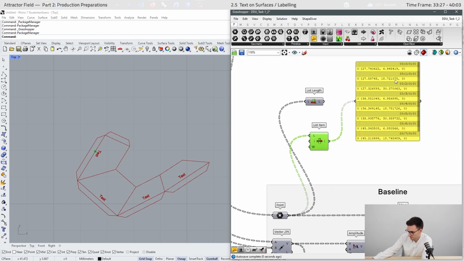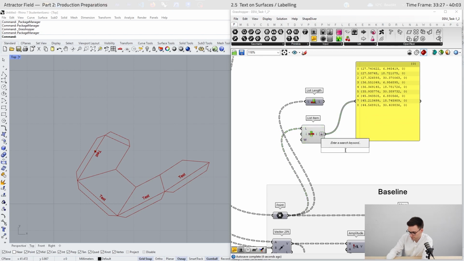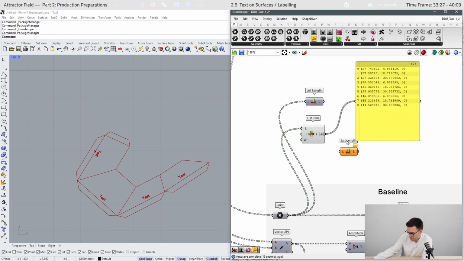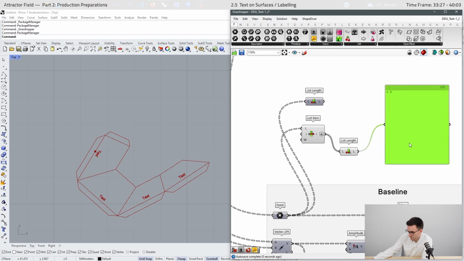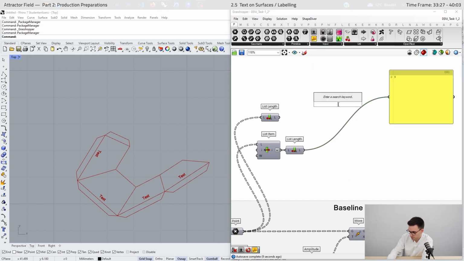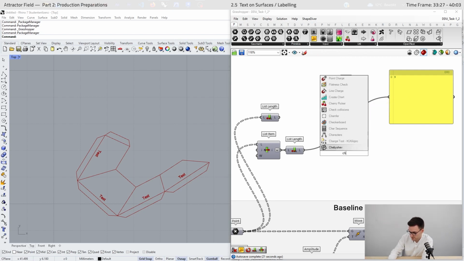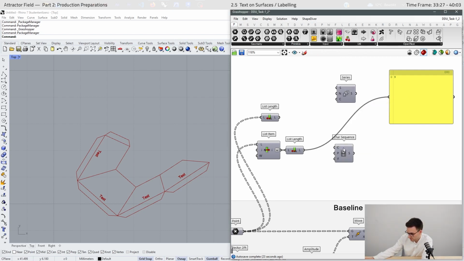So here we have 1 item per list, and then when we flatten it, we have 9 lists. So when we use list length, we have 9 lists. So these are our informations which we can use to create a text. For creating the numbers, we can use this series component, and for the text we can use the char sequence component. We have 9 lists.